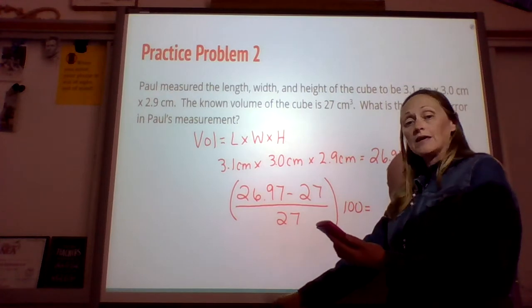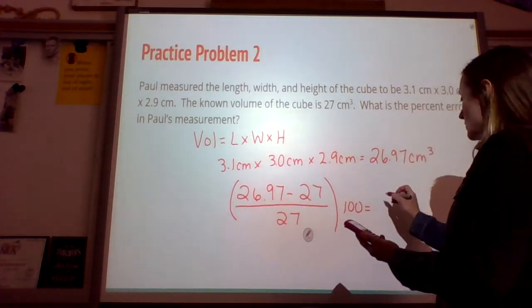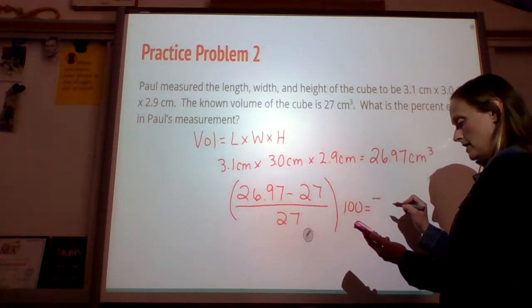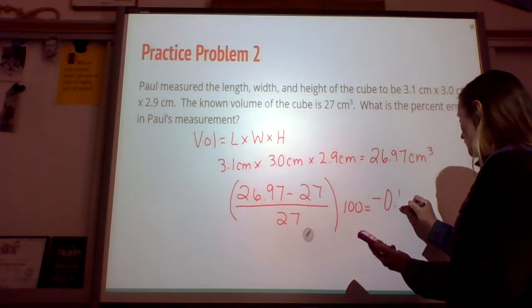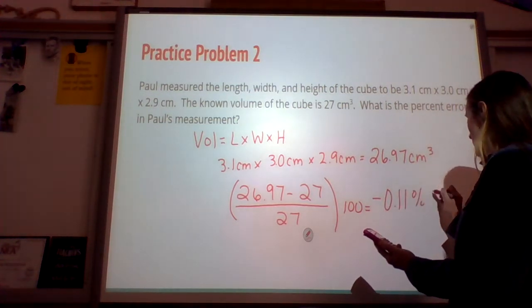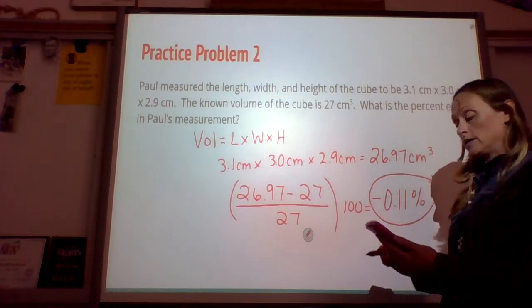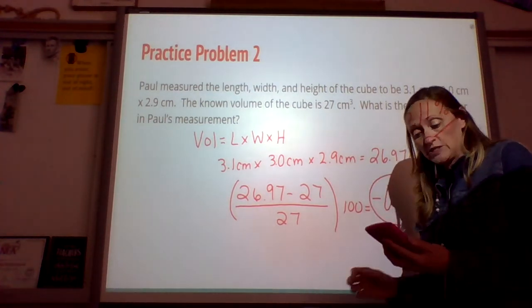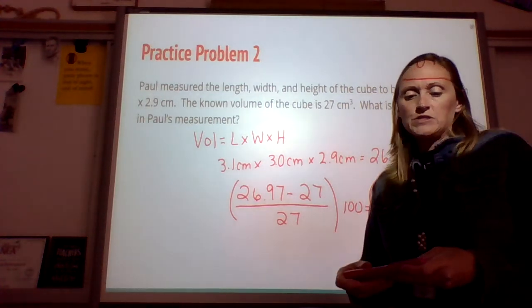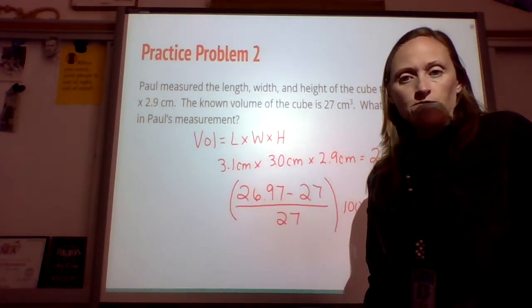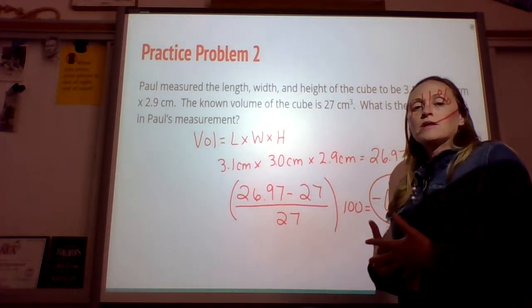This time we're going to get a negative percent. So we have a negative 0.1, and it's followed by 1s, so we'll just round it to negative 0.11%. Okay. So when we're talking about some causes of error in the lab, at that point we would look at our value, and if we have a negative percent,